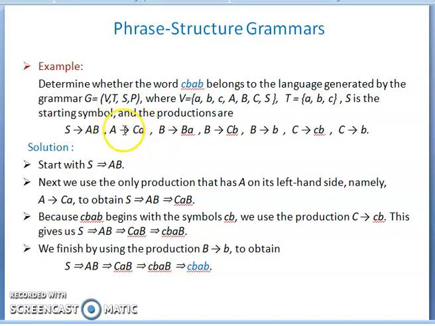We use this particular production: instead of A, we use CA. So S implies AB, and instead of A we use CA, giving CAB. Then we will get CBAB. Now CBAB begins with the symbol CB. Here the CB is there, so substitute a CB instead of